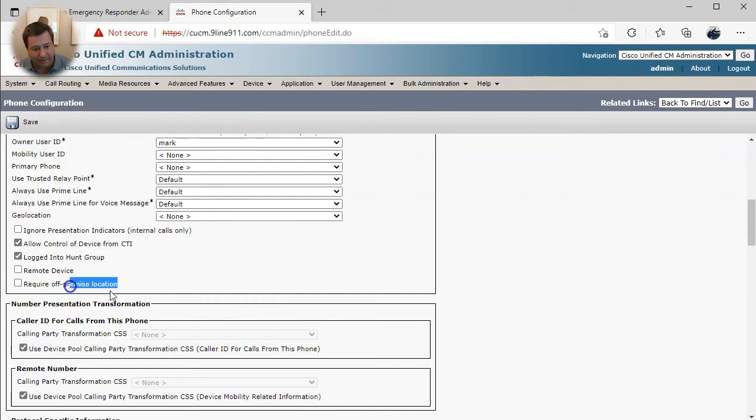Do not check the checkbox for require off-premise location. Do not check that. Jabber has no way to show a message on its screen and pick the location from within Jabber. This is not to be confused with the E911 notification URL that we're going to talk about later. That's completely different. This is about the off-premises functionality where on like an 8865 or an IP communicator, if you're still running an IP communicator, it can do it too, but it has to have XSI. It needs to be able to push a message to the phone screen,